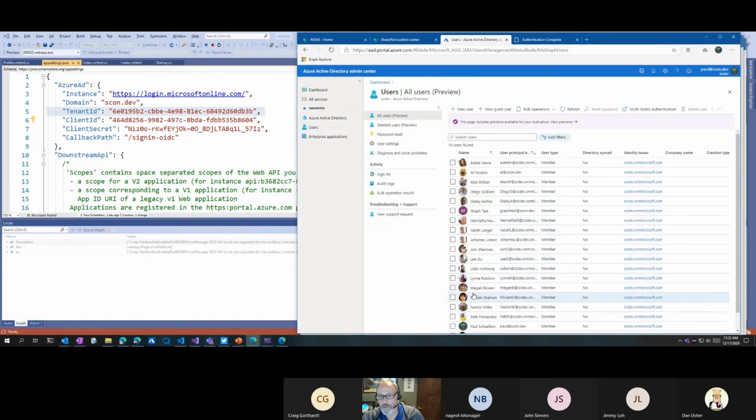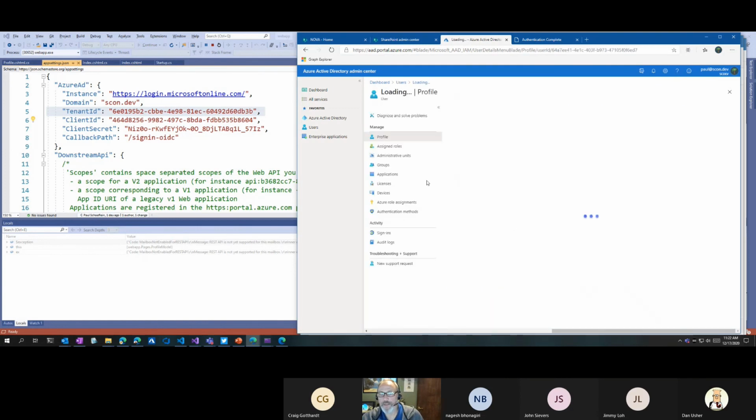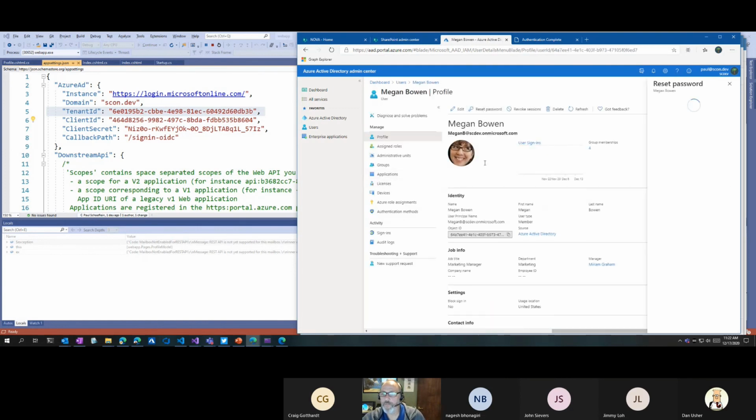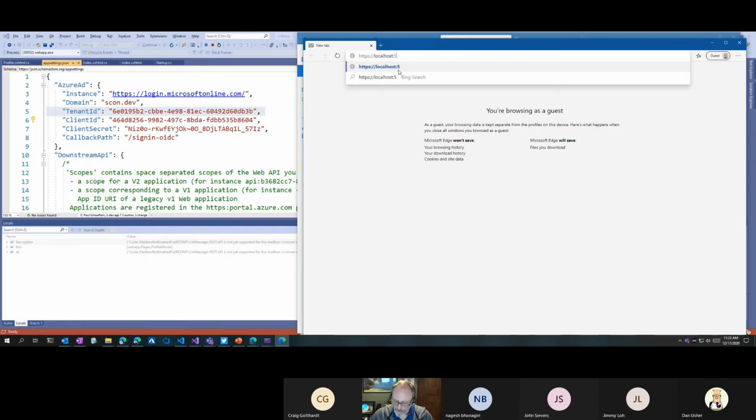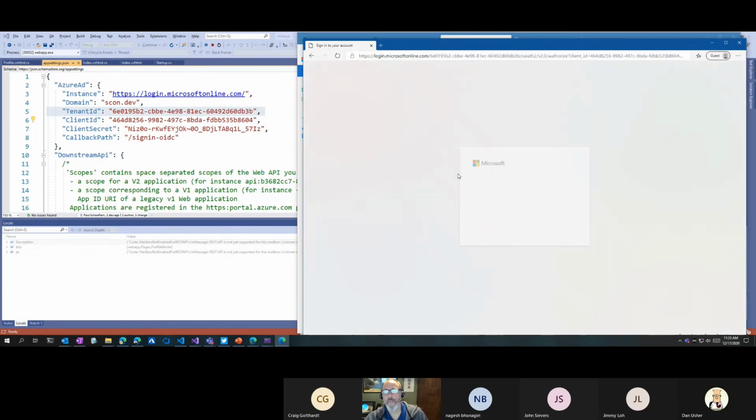And Megan's a very popular user, but I don't know Megan's password. So real quick, let me just do that. And we'll just copy that. And if I go here and I go to localhost, again, I'm going to log in. So Megan B.